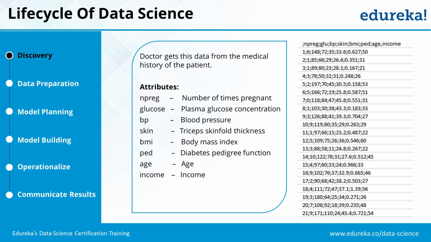Again, there's a very interesting attribute called income over here, which has nothing to do with the problem that we are trying to solve. Since you are combining data from multiple sources, it is quite likely that you would be seeing some kind of mixed information in this data. And again, as we were talking about the importance of domain, if you do not know that healthcare has nothing to do with this particular parameter, there can be some parameters that are not actually related to diabetes, medical terms that are there. So if you are not from that domain, you will have a hard time understanding it, and it would be tough to make a decision whether to include it in your problem or to remove it.